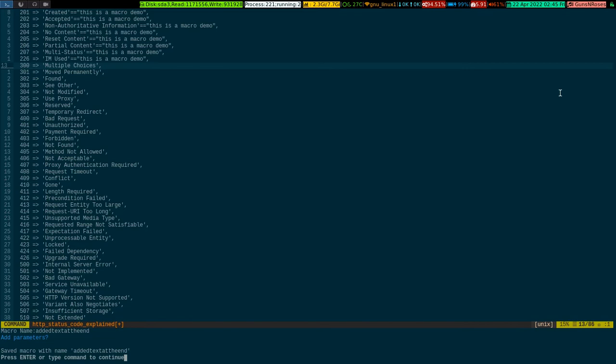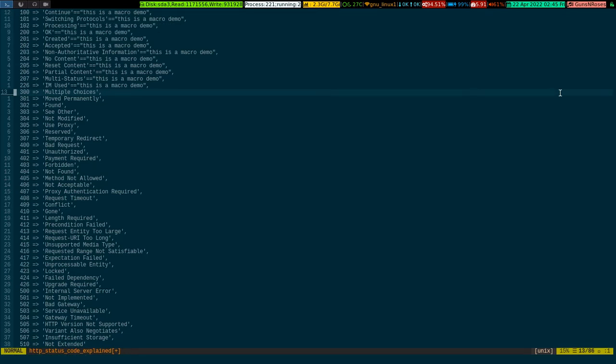Okay, so good. Now if I wanted to see what macros I have, let's create another macro. It will get populated, so it will be easier to demonstrate other functionality. Okay, so I start the macro with qq. You see it is again recording, as I said, in the default register. So for instance,